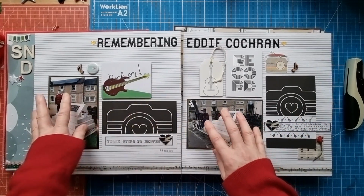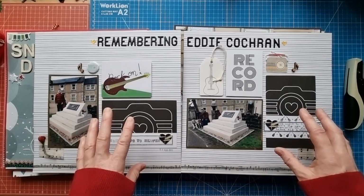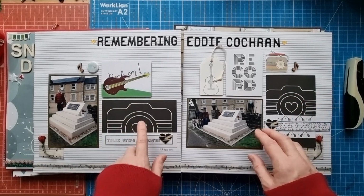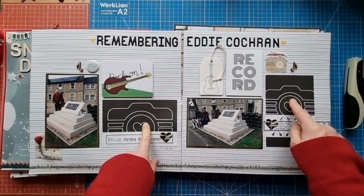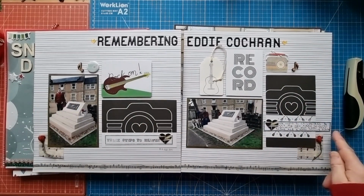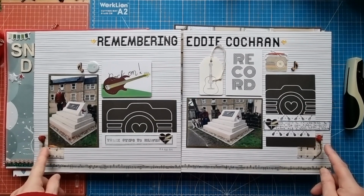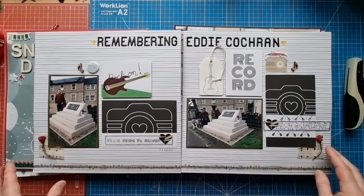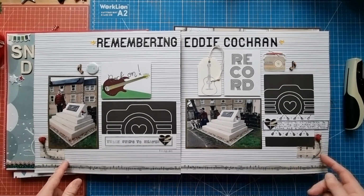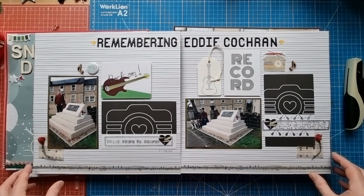Two photos in memorial, but one's landscape and one's portrait. And I've used the same Project Life type cards in that orientation. So I've got a portrait one, a landscape one and a portrait one, same as the photo, but used them on the opposite side to create a mirror. Journaling piece here that I've written on, and these roses have been in my stash for a long time. I'm not sure why I had them or where they came from, but I think I used them up on this page. And then there's some vellum type paper here, and I've just used that to create the same effect on both sides of the page